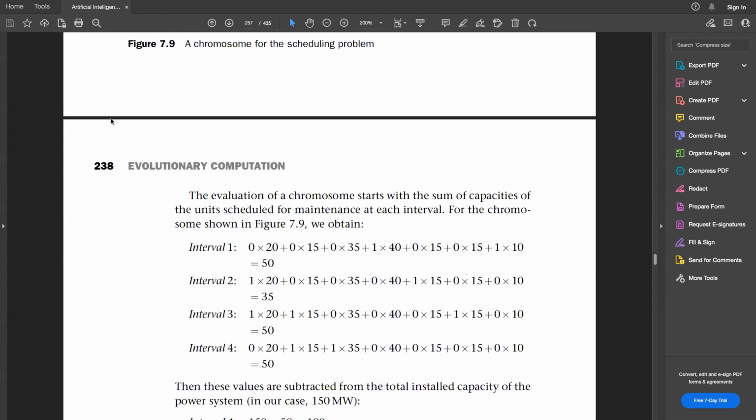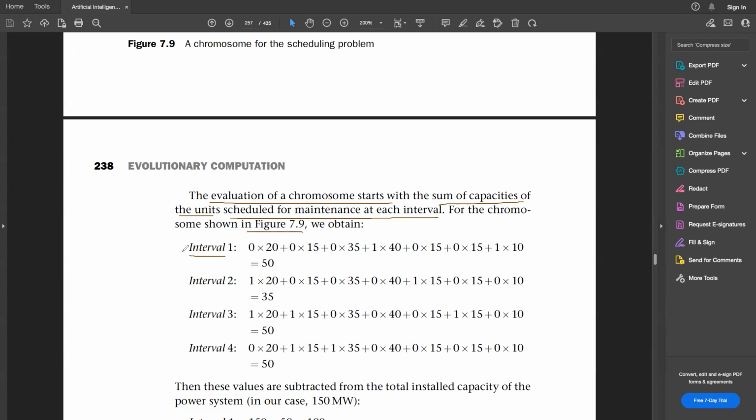So for this particular case, the evaluation of a chromosome will start with the sum of the capacities of the units that are scheduled for maintenance at each interval. For example, for the chromosome shown in figure 7.9, the one we've just seen, interval 1 is represented by